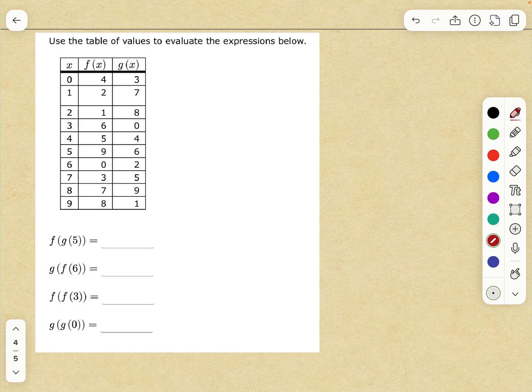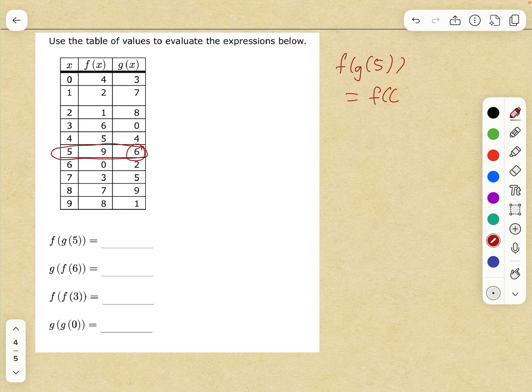Well, to find g of 5, I need to look where x is equal to 5. So I see where x is equal to 5, and I look at the column that says g of x, and I see that g of 5 is equal to 6. So f of g of 5